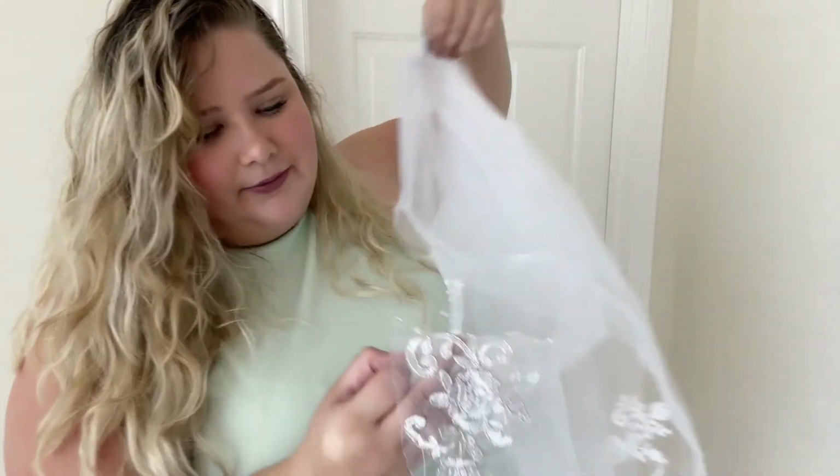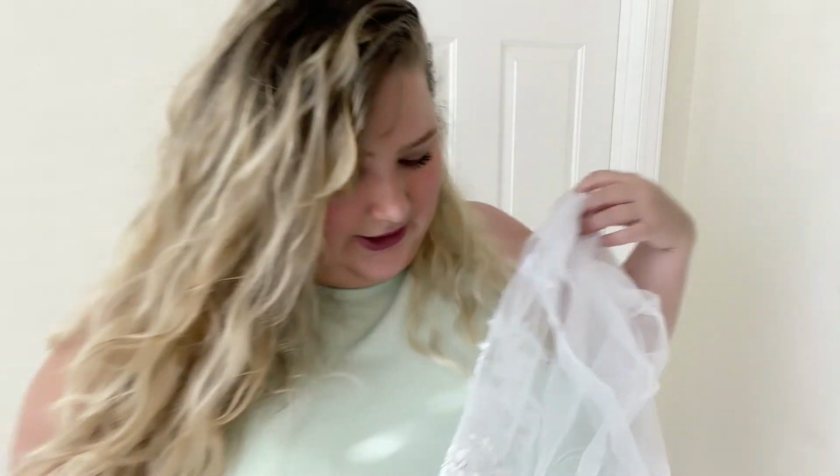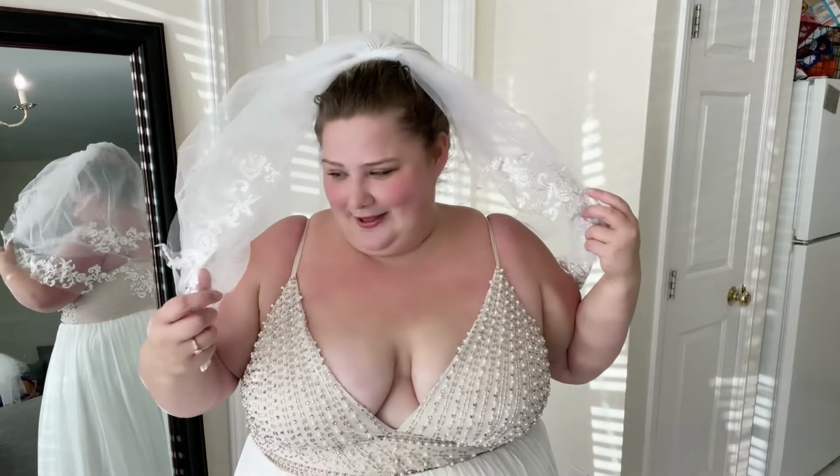Again, there's just a couple of little issues that you're going to have to cut off and deal with yourself. Like this little part, obviously I would just have to cut that off, and it wouldn't really be that big of a deal, to be honest. This one I love. So if you can get past the fact that my hair is starting to look a little crazy at this point from taking the veils in and out, this one is beautiful,